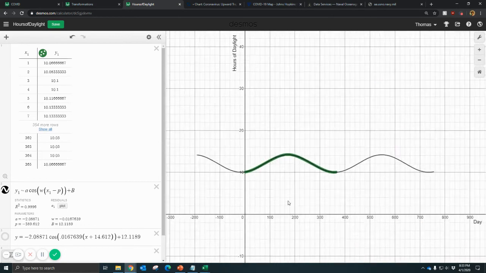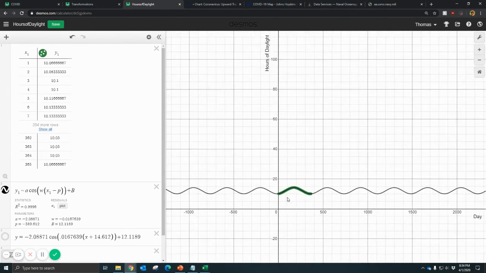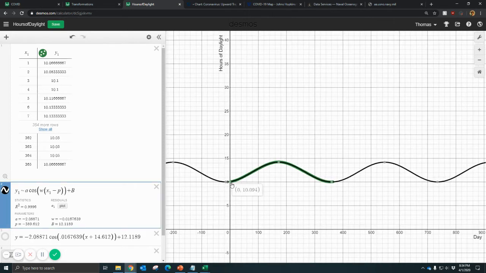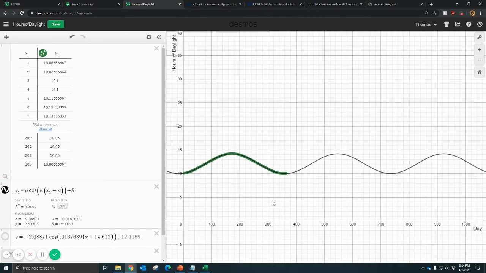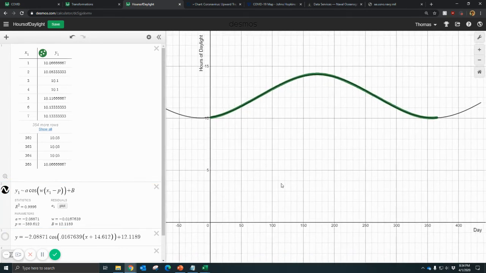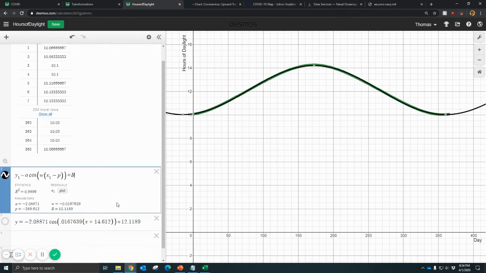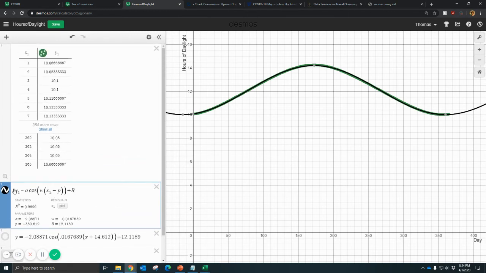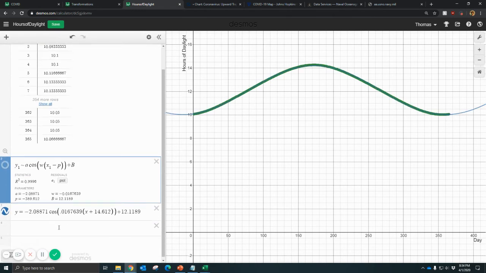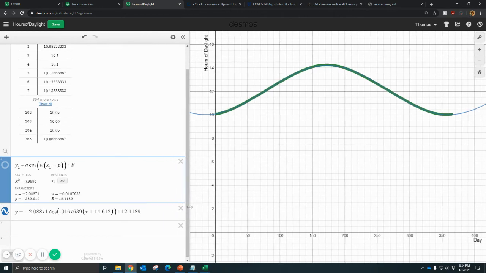If you zoom out really far, you can see that graph would go on forever. This represents very plainly the winter and the summer, and the winter and the summer, and year over year the amount of daylight on a given date does not really change. For a fixed location on Earth, the amount of daylight that place receives year over year is basically a constant. We can use this regression and we get these numbers here. The challenge then is to take these numbers, which are kind of abstract by their nature, and interpret what they mean given the context.